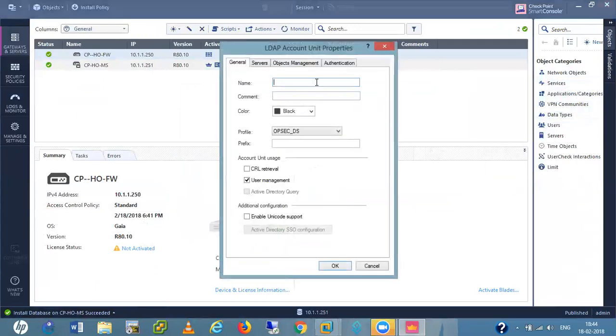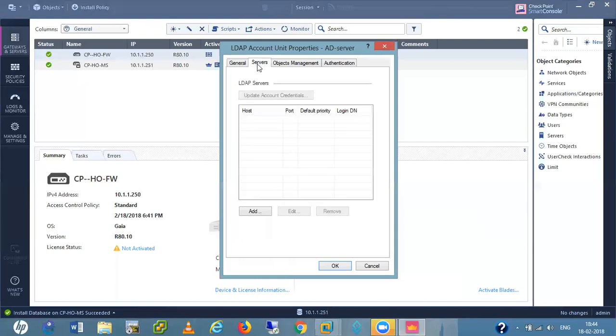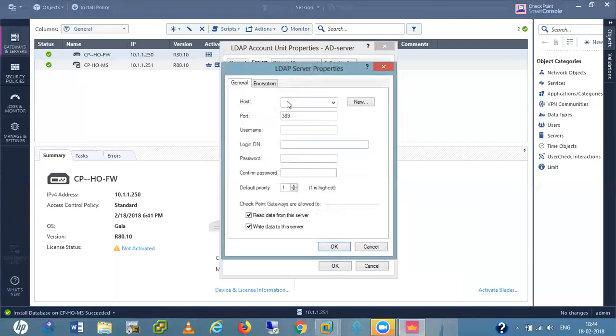Here I give the name AD server. I use the blue color here. This name for server name or just local name? Any name, anything you want. Okay. Here I select the Microsoft AD. Here I give my domain information heyman.net. I'll select these three options here. In servers, here I add.